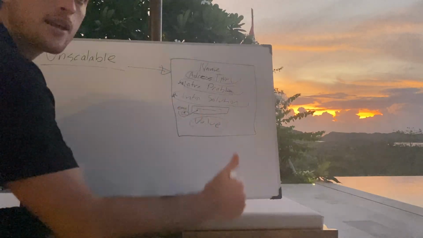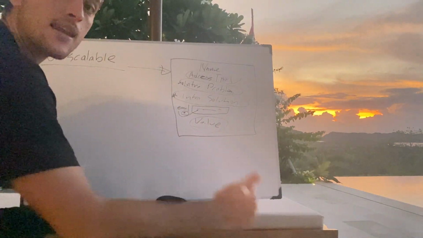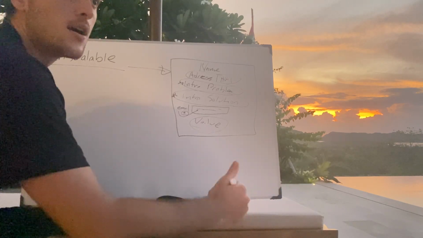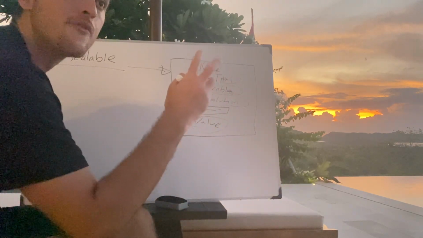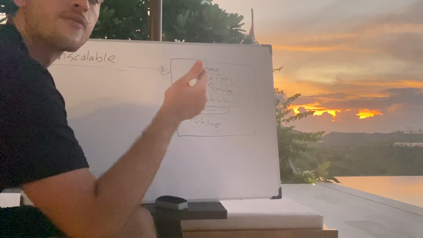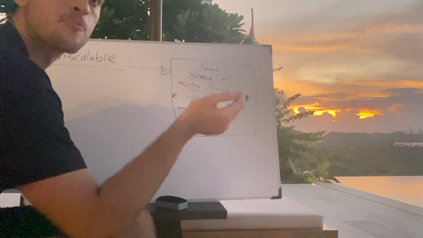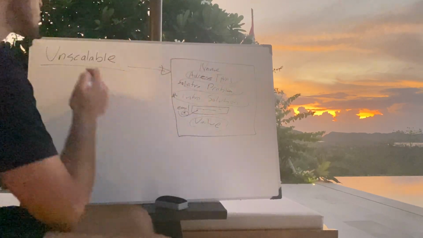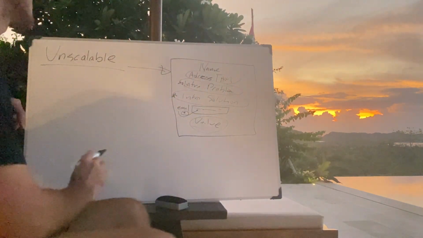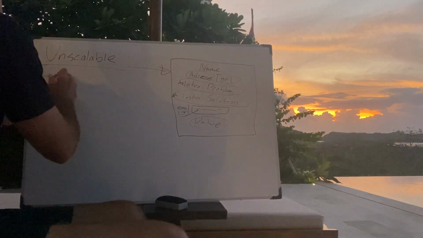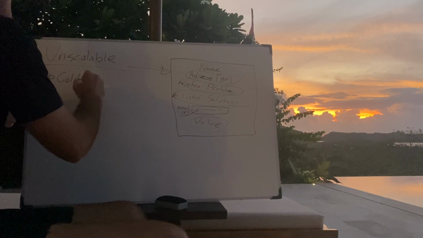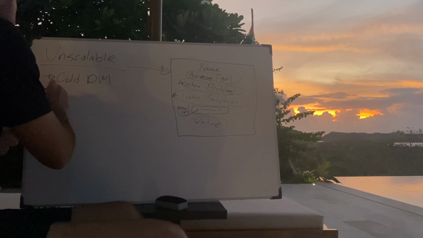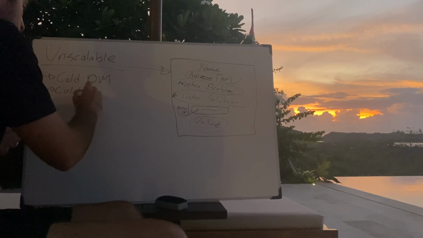So you don't have money in order to create leverage with your efforts. You cannot go reach out to a massive influencer in your niche and partner with them because you have nothing to give them in return. You don't have money to spend on ads, so you can't be reaching a massive audience. You have to do unscalable actions. So what does this mean? This means outreach. So cold DMs, cold emails.